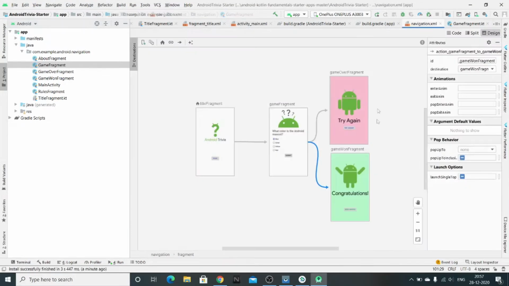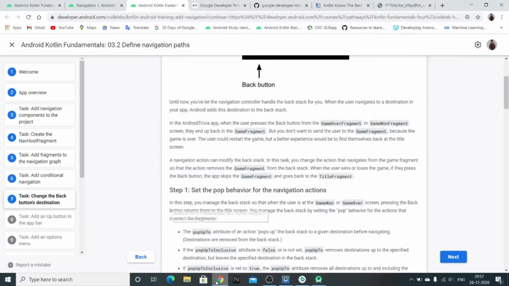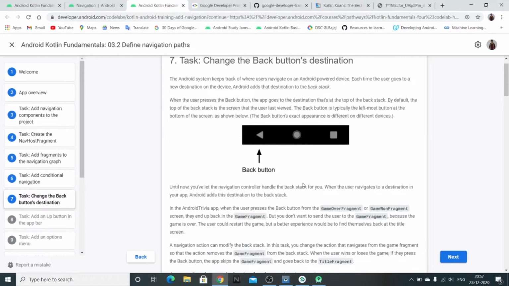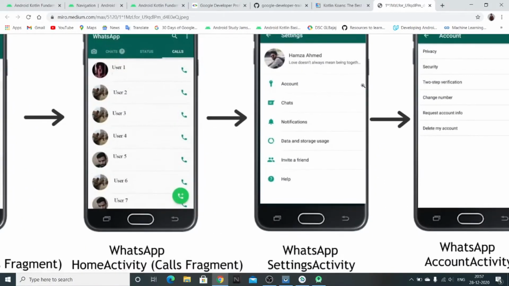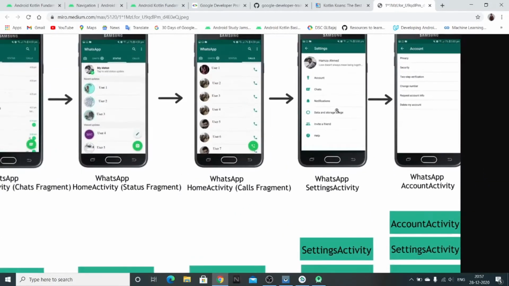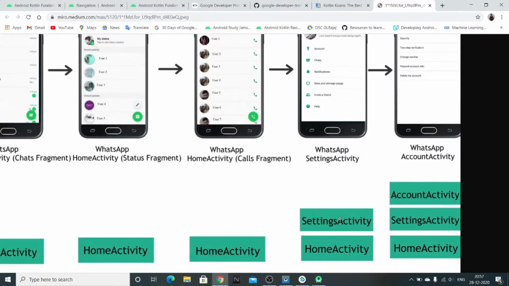So let's move on to navigation.xml. Before starting to code, let me introduce something with the stack. Whenever you run an activity, we'll give an example, this WhatsApp example. Here in WhatsApp, when you click on the settings, the settings activity appears on your screen. So what happens? All the activities or fragments go on a stack, like a stack data structure. The bottom will be the home activity, then the second activity that you call, and from the second activity,